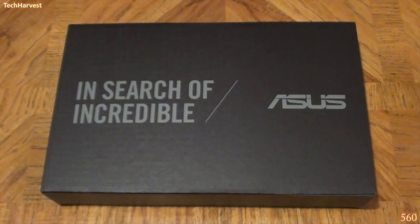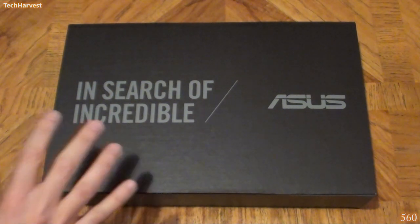Now, in the United States here, around Thanksgiving, which is the end of November, we have something called Black Friday, where we have a lot of great deals leading up to Christmas. So it's the Friday after Thanksgiving, and Thanksgiving always falls on a Thursday. But also leading up to Black Friday, you can find a lot of deals, and this was one of those